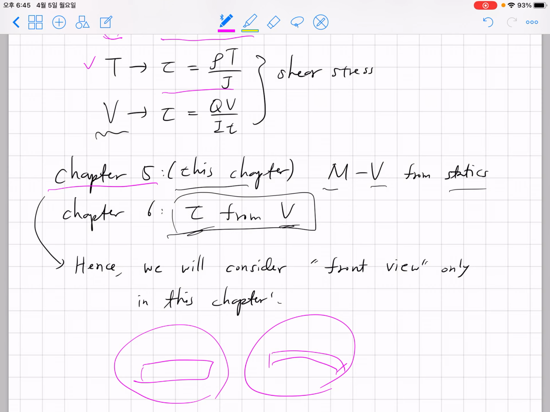Okay, so regarding the midterm, you can expect the midterm problems to come from chapter 1 through chapter 5. Regarding chapter 6, forget about it for now, and you can start to think about and study chapter 6 contents after the midterm. Okay,